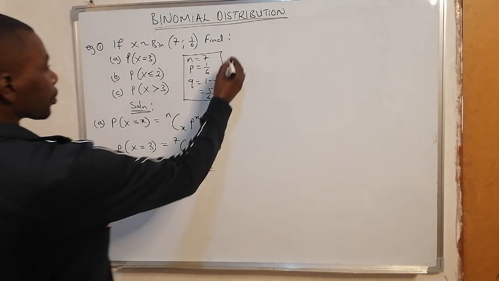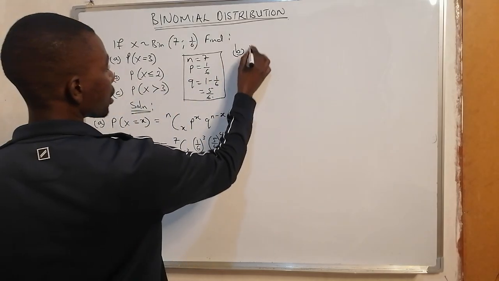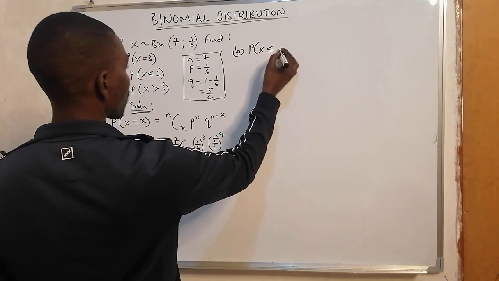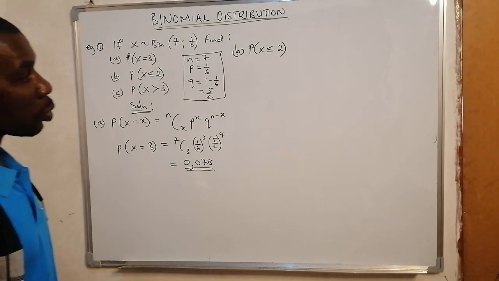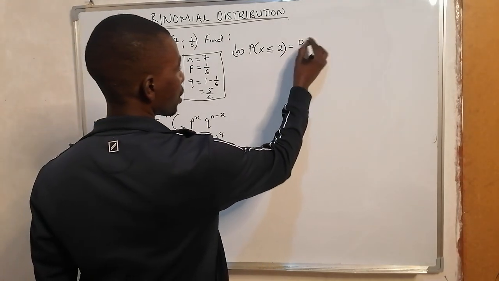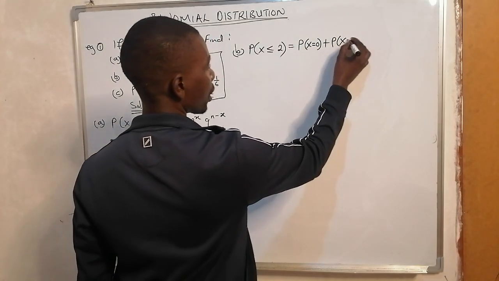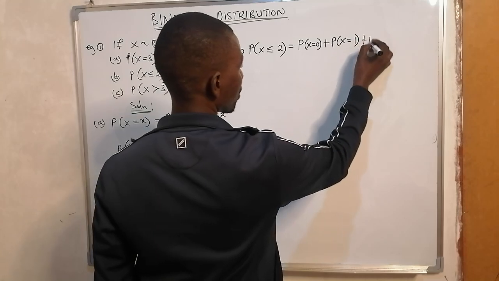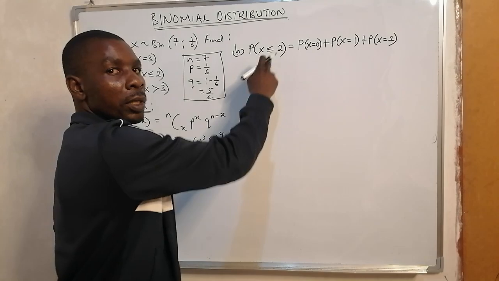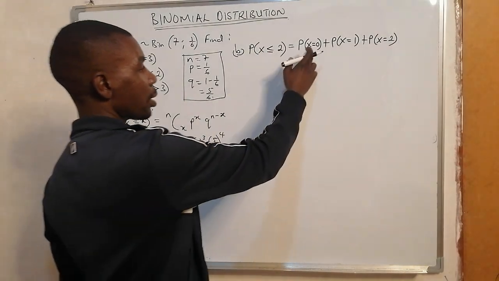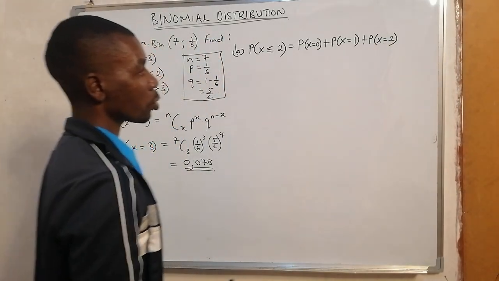Then part B. Part B, we want to find probability of x is less than or equal to 2. Probability of x is less than or equal to 2 is the same as probability of x equals 0 plus probability of x equals 1 plus probability of x equals 2. X is less than or equal to 2 is the same as x equals 0 plus x equals 1 plus x equals 2. So